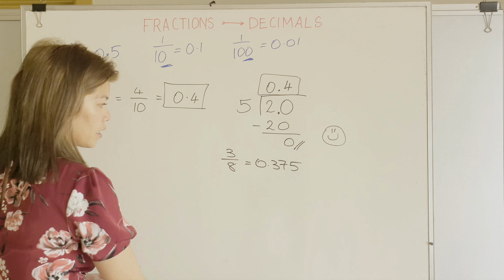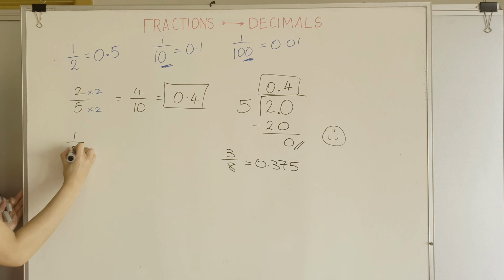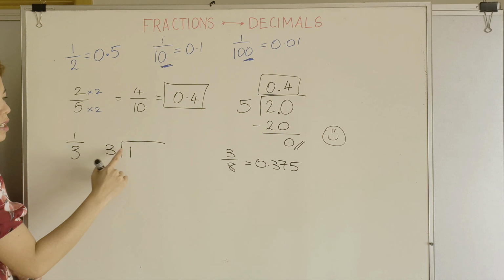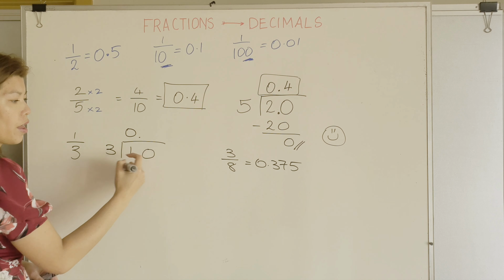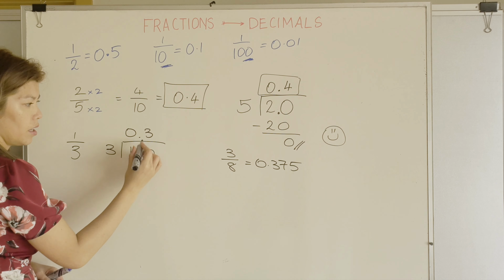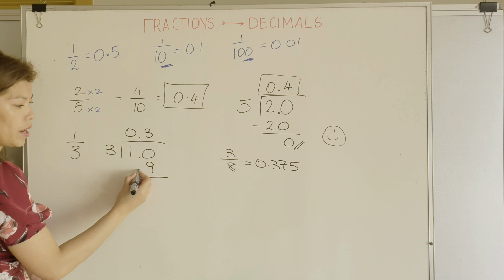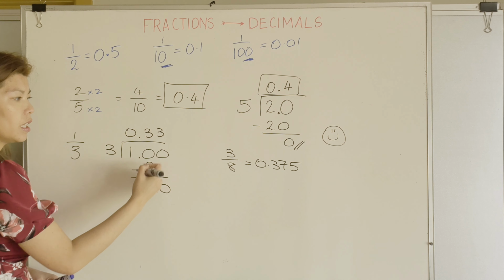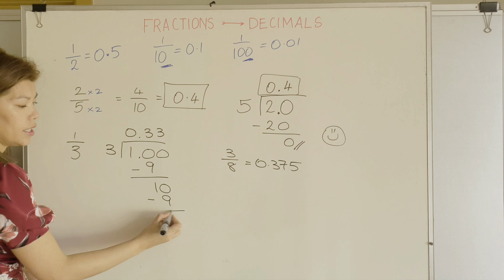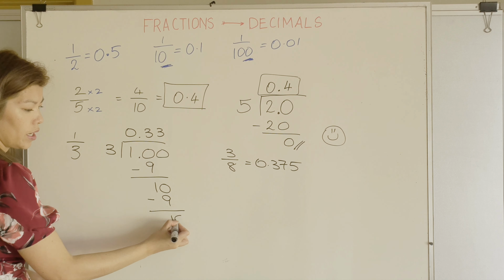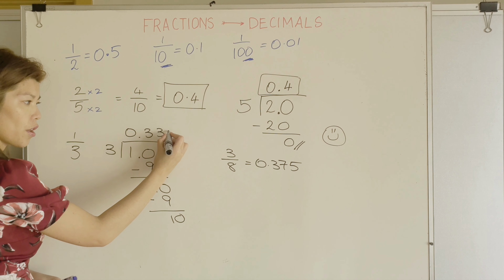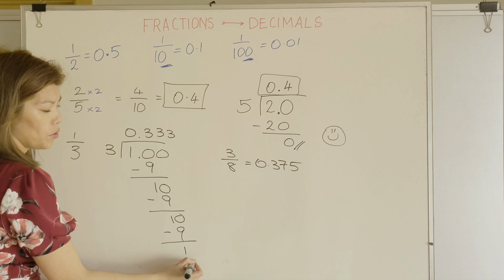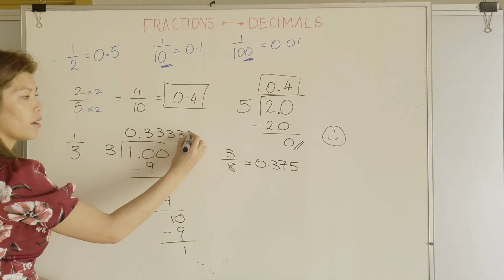Can we use this for recurring decimals? Well, we know 1 over 3 is equal to 0.3333. Let's have a look whether it works for that. So 3 into 1 goes 0. 3 into 10 goes 3 times. 3 times 3 is 9. Remainder 1. We put the next 0 down. 3 into 10 goes 3 times. 3 times 3 is 9. Take away. Remainder 1. Put another 0. 3 into 10 goes 3 times. 3 times 3 is 9. Take away is 1. And we can keep going and follow this pattern and realize that we will go on